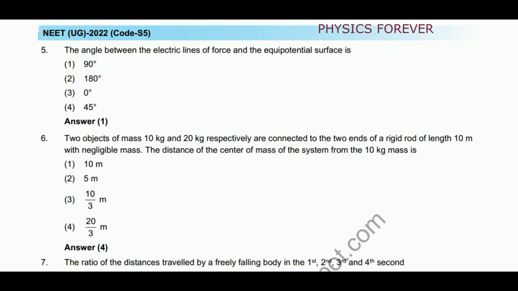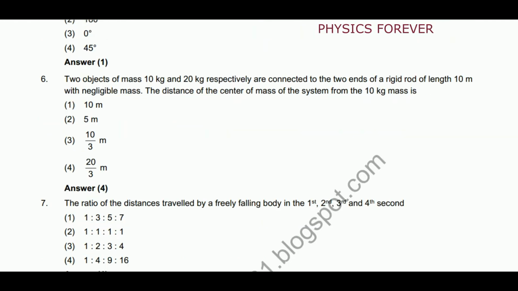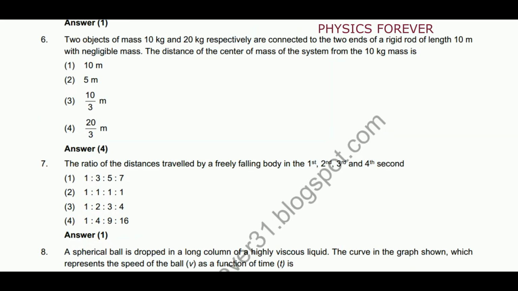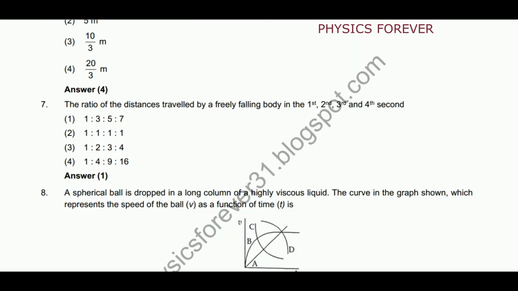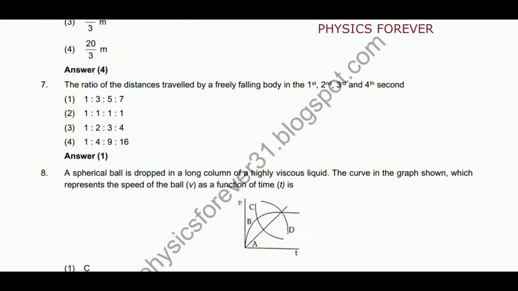So then two objects of mass 10 kg and 20 kg respectively are connected to the two ends of a rigid rod of length 10 meter with negligible mass. How much is the distance of the center of mass from the 10 kg mass, answer is 4, then 20/3 meter. Okay, the ratio of distance traveled by a freely falling body in 1 to 4 seconds, the answer is 1:3:5:7. Okay,